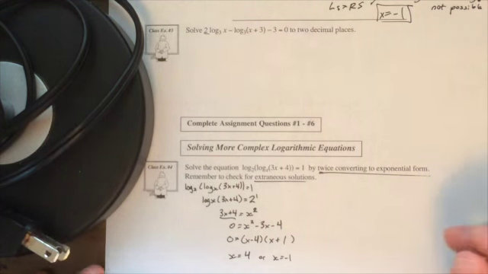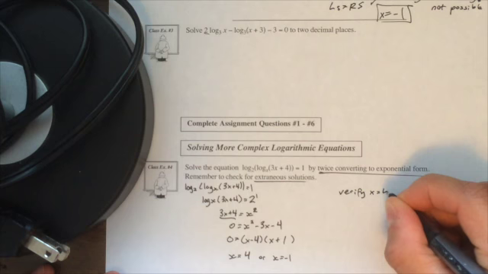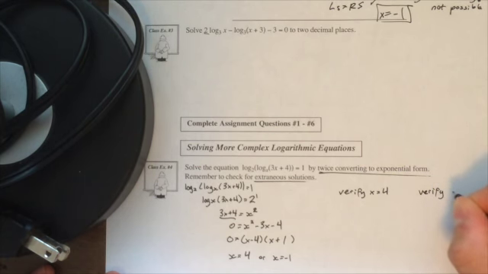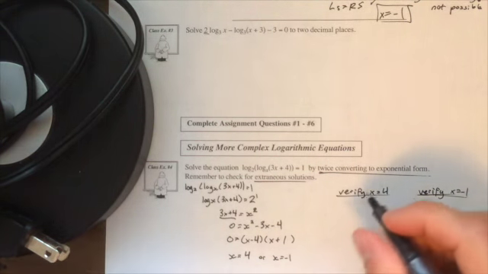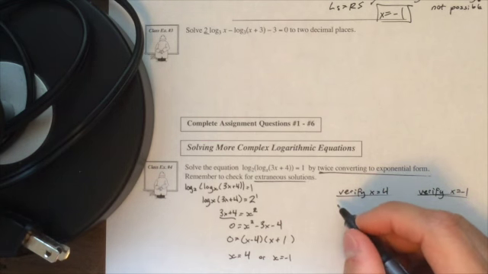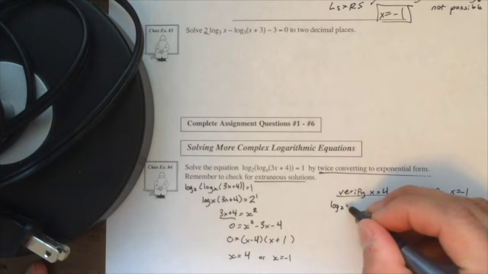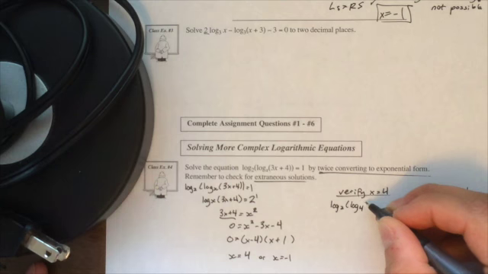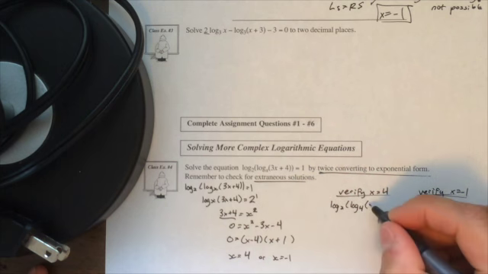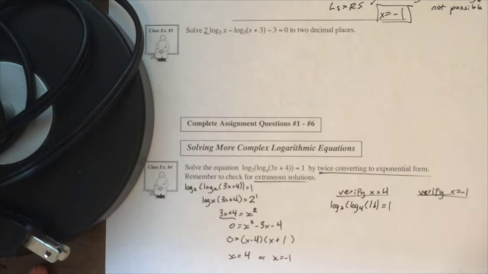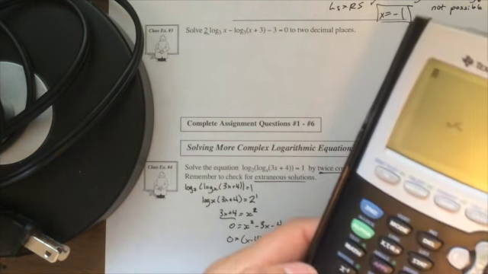And now we've got to check for our extraneous roots. Now let's verify the first one. So verify x is equal to 4, and then we'll also verify that x is equal to -1 and see which one, or either, or neither works. All right, so we know that it has to equal 1, right? So let's see, log base 2 of log base 4 of 3x, which is 12 plus 4, is 16, is equal to 1. All right, if I have log base 4 of 16,